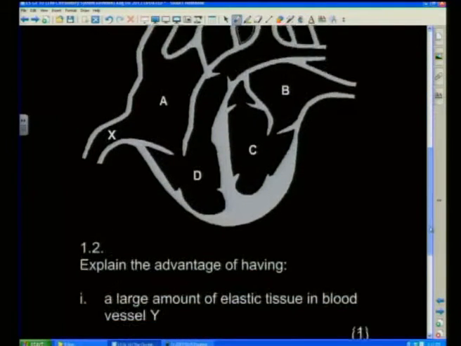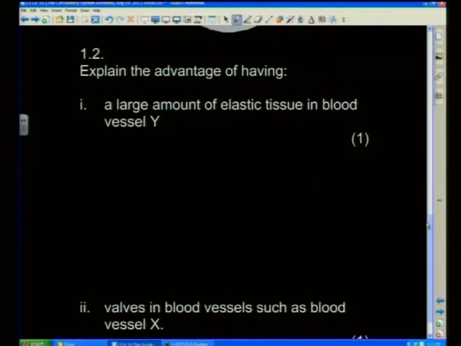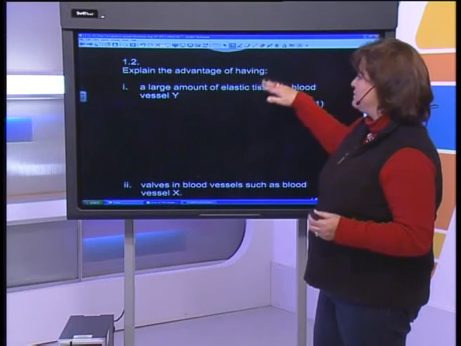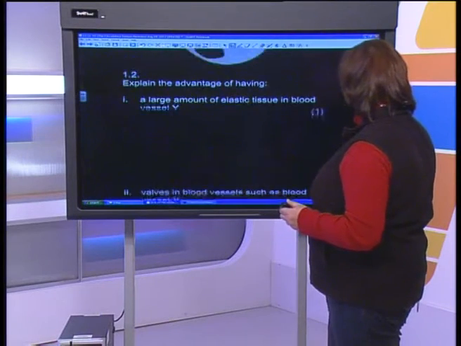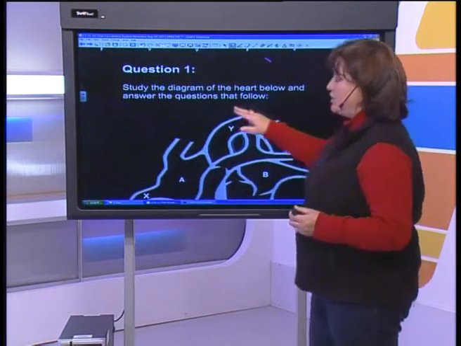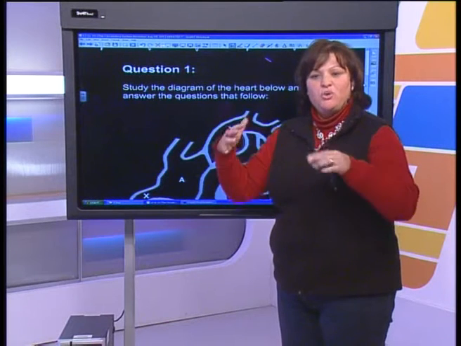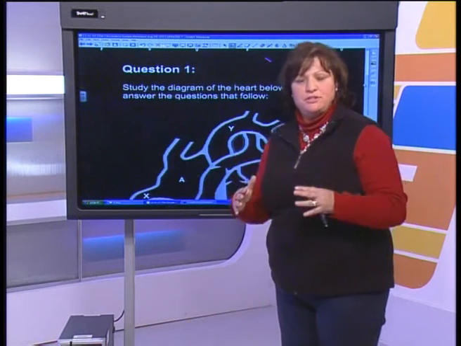Same diagram. And the question is, a large amount, explain the advantage. So why is it a good thing that there's a large amount of elastic tissue in blood vessel Y? Now, if we go to blood vessel Y, what do we notice? It is an artery. So even though we're asking a question on the heart, we're linking it with the blood vessels. And when we looked at the blood vessels, you noticed that there was a difference between the